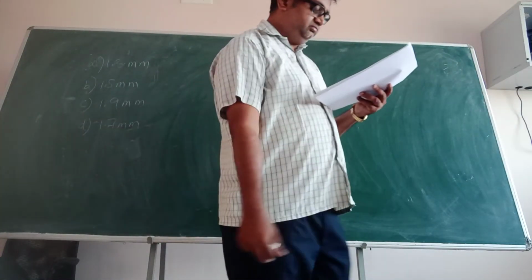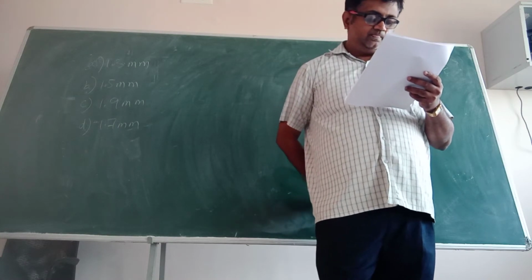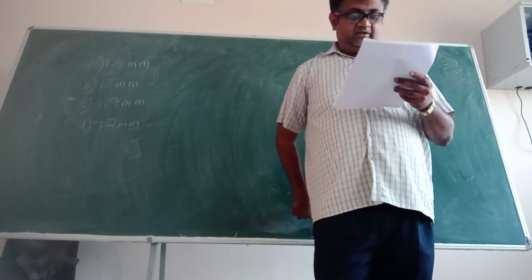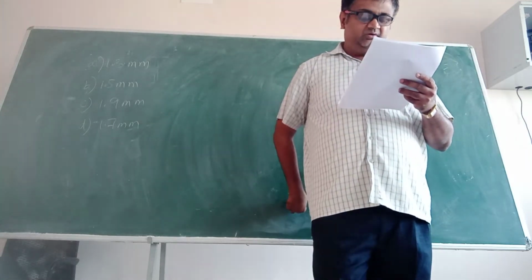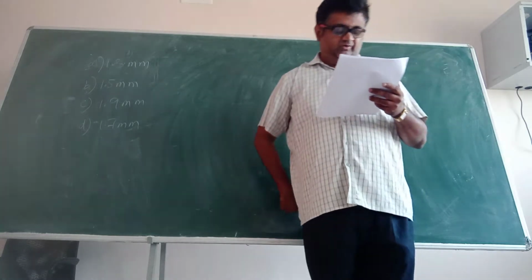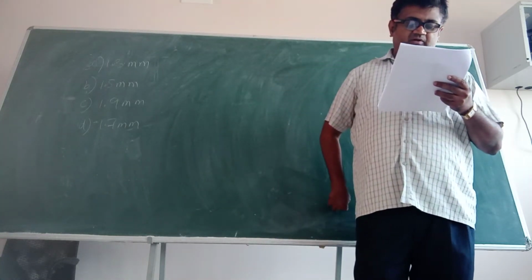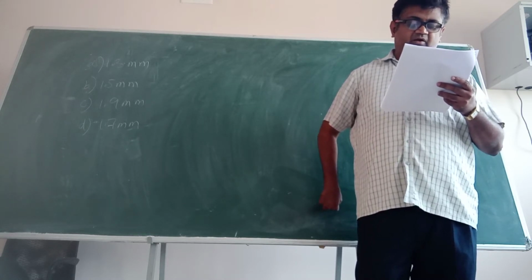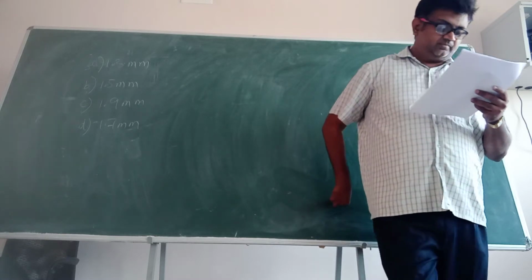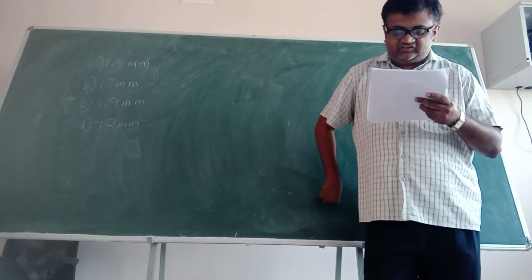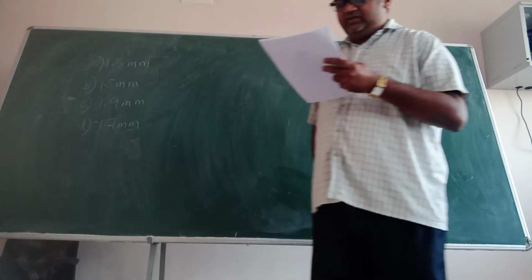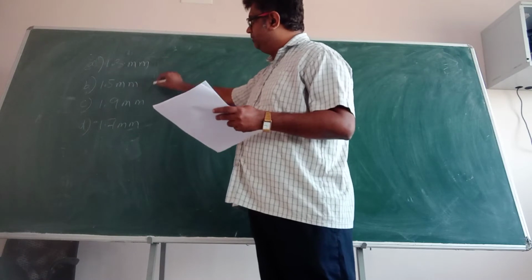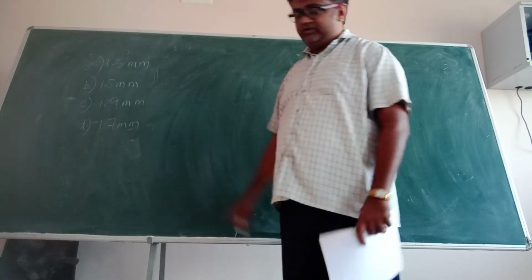See one question from JEE Main 2019. Young's moduli of two wires A and B are in the ratio of 7:4. Wire A is 2 meter long and has a radius R. Wire B is 1.5 meter long and has a radius 2 mm. If the two wires stretch by the same length for a given load, then the value of R is close to. Four options: 1.3 mm, 1.5 mm, 1.9 mm and 1.7 mm.